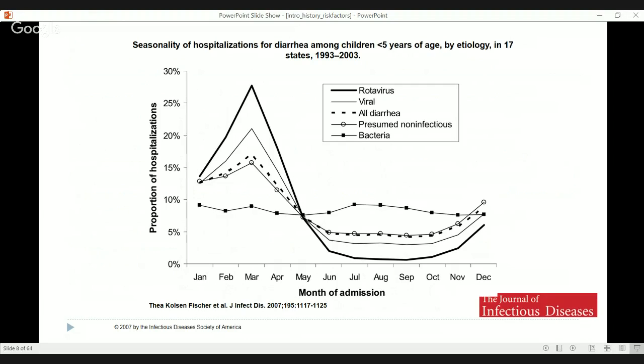All right, next graph. This is showing you the seasonality of hospitalizations for diarrhea among children less than 5 years of age by etiology, so by type, in 17 states for a decade from 1993 to 2003. On our y-axis, we've got the proportion of hospitalizations. The x-axis is again time, so months from January to December. And what I want you to see here is